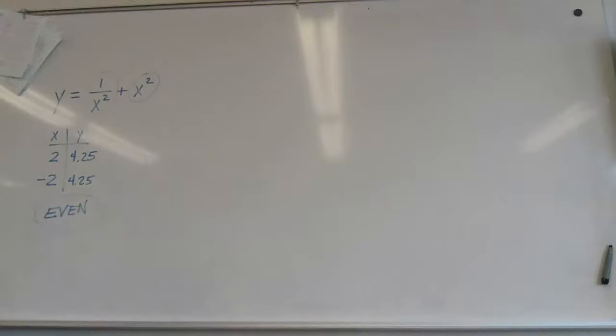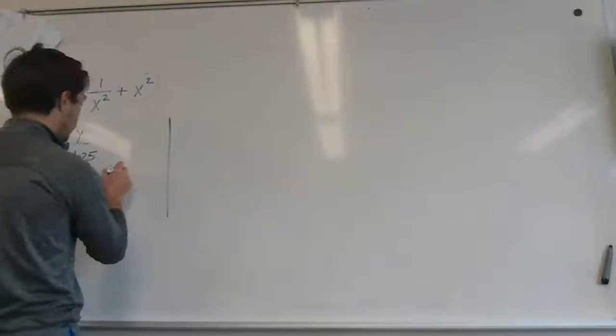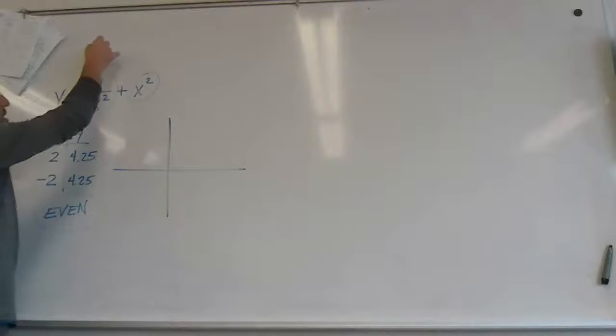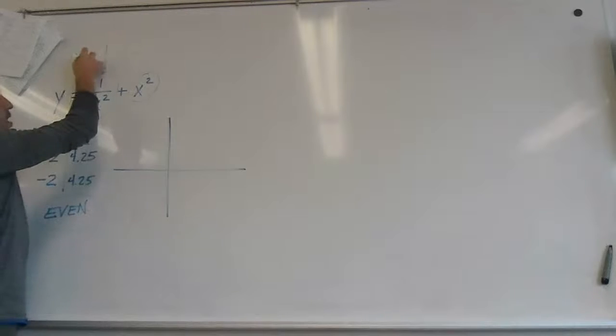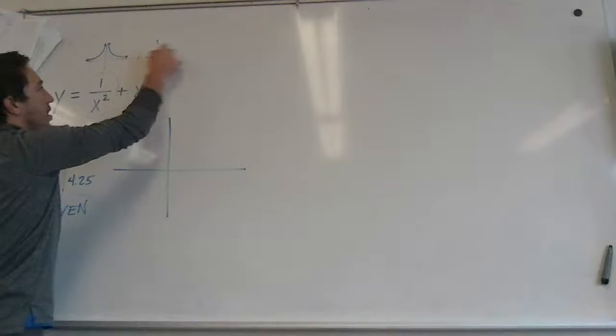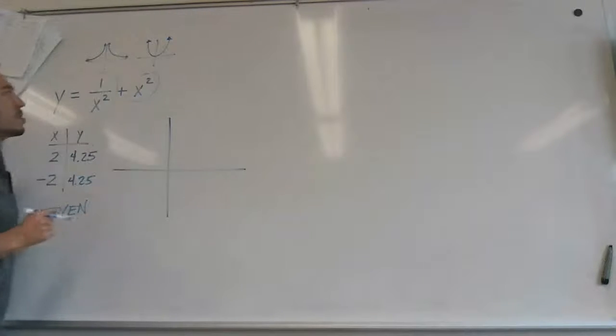Okay. Now to graph it. You have to think on your feet a little here, because you have to think about how this function would look like this, and this function would look like this. So what happens if you add them together? You get a hybrid: the things on the sides, and the parabolas in the middle. So what's gonna happen is for small x values, let's say x values like